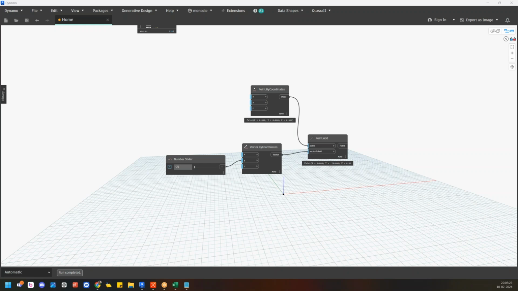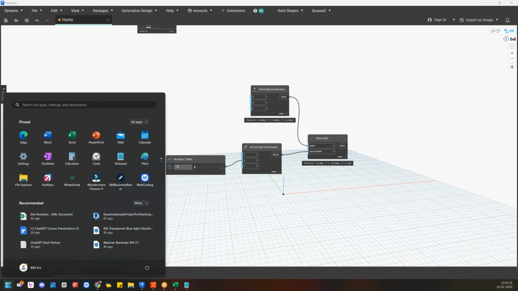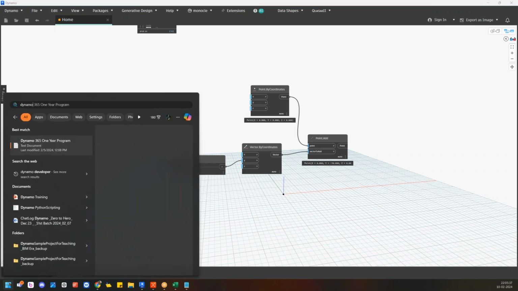I'm just getting this error. Is it possible to get the model text or model line? Why not? You can easily get it. Let me show you some Dynamo presentation, which